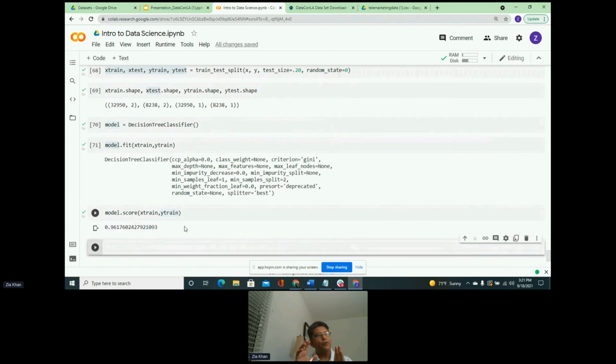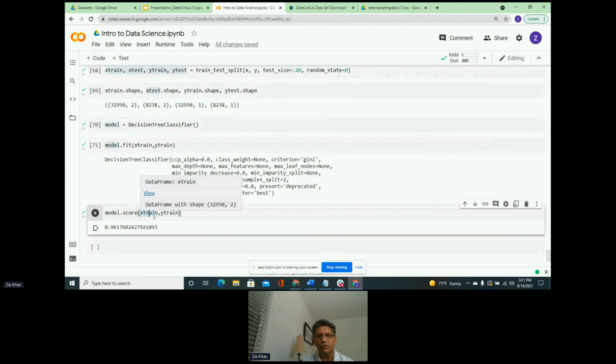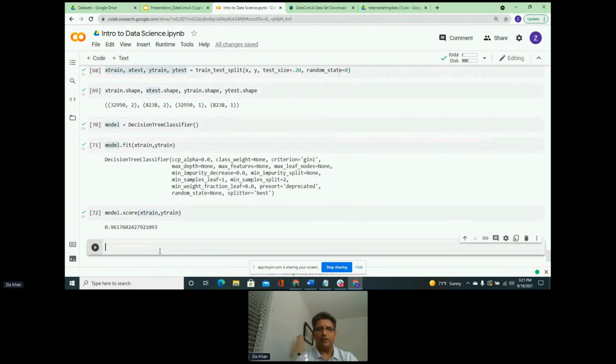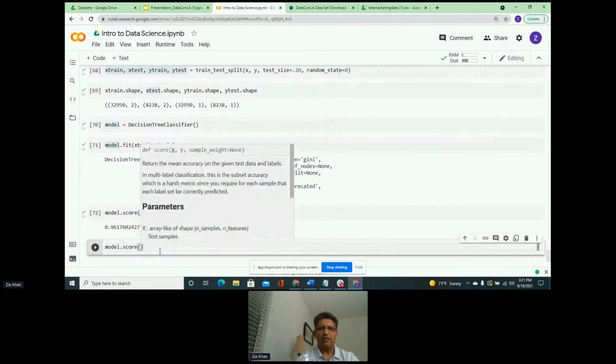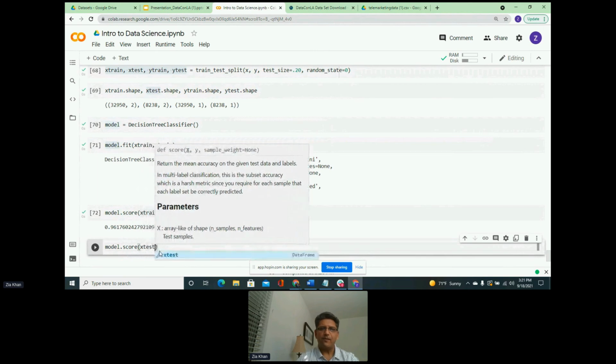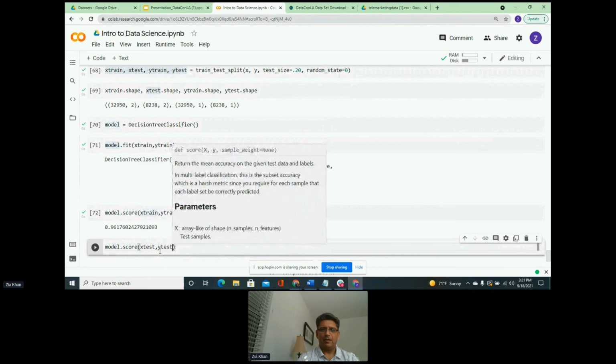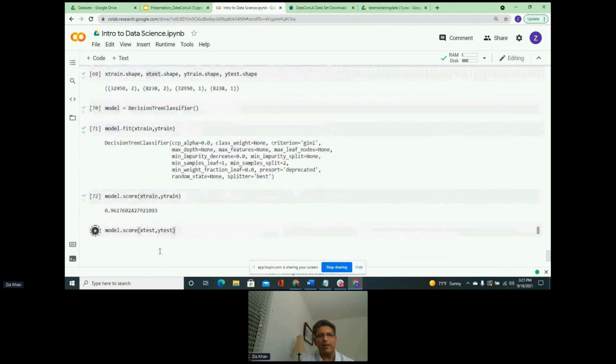But going back to the challenge that we had earlier, we used the same data. So here we are actually testing on the same data that we used for training. Now we are going to do it differently. So we are going to test it on the test data. So we are going to score using X test and Y test. Let's see what the score comes back.